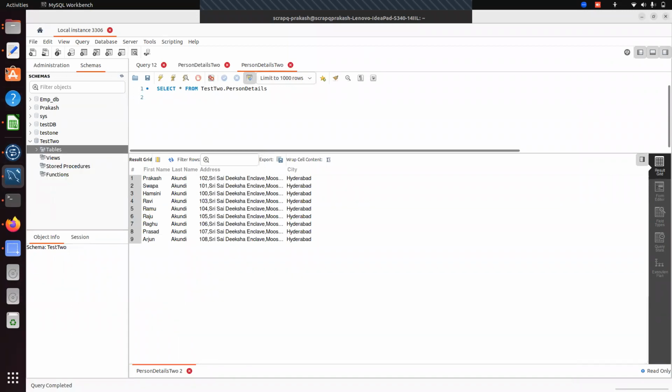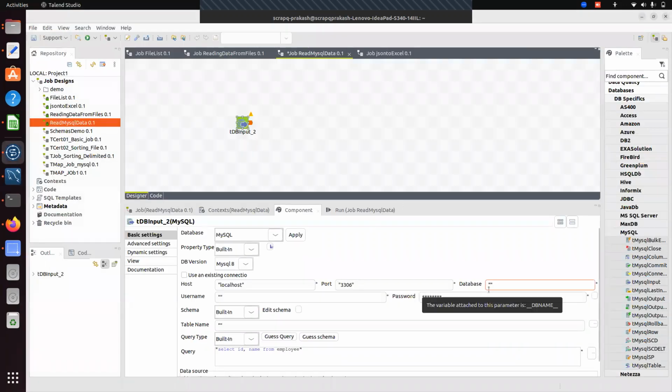Here are all my databases: EMPDB, Prakash, TestDB, Test1, and Test2. I'll go with Test2. In Test2, these are my tables like 01, 02, and personal details 2. I'll go with the DB Test2. So that is the reason I'll use Test2, and the username is root, and password